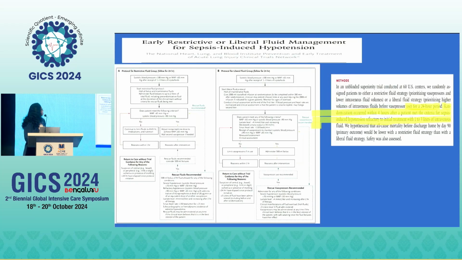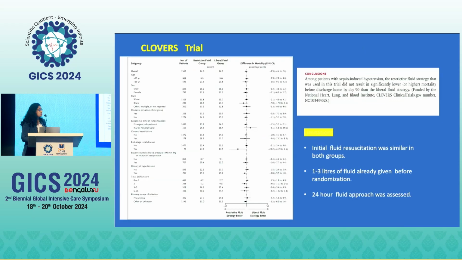This is a paper, the CLOVERS trial, which was published in 2023 and has recruited many patients, and it was carried over almost 5 to 6 hours. The study publication got halted due to the COVID pandemic, it was said. However, they compared conservative versus liberal fluid resuscitation in patients with septic shock. This is a kind of study which has got many flaws if you go through the article in detail. Nevertheless, it is published from a developed world,